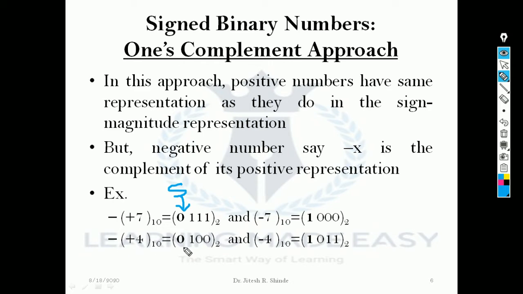Plus 4: the sign bit, the number is positive, so the sign bit is 0 here. The remaining bits represent the magnitude of the number using the knowledge of 4 2 1 code. Only 4 is involved in the addition, so 1, and 2 and 1 are not involved in the addition, so 0 0 has been placed here. So the answer is 0100.